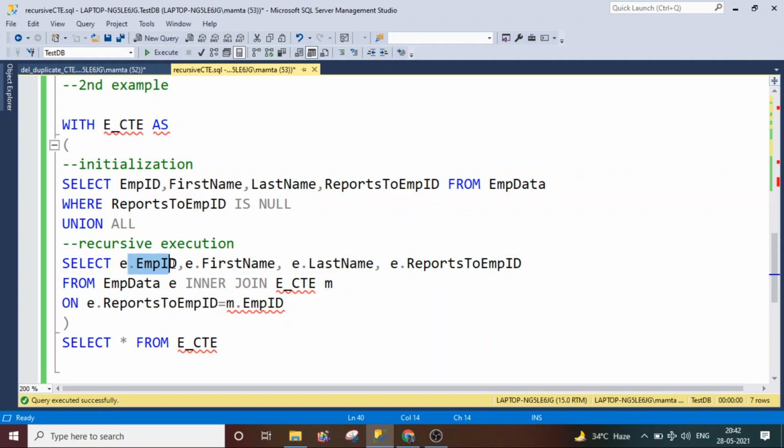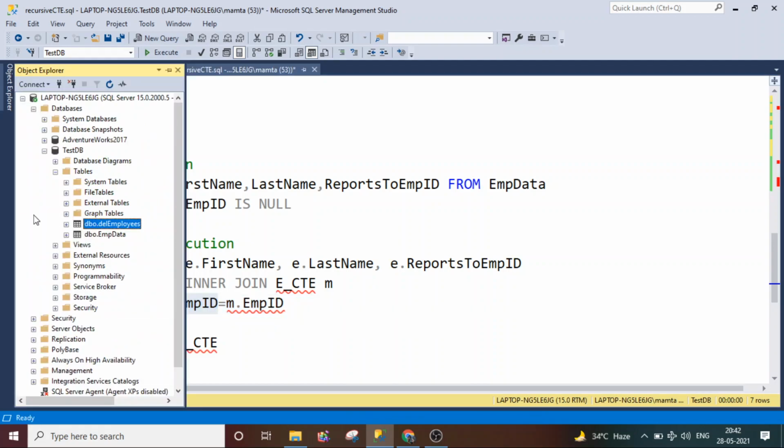We are displaying employee ID, first name, last name, reports to employee ID from employee data, alias e, inner join to the ECTE. ECTE is nothing but our CTE which we have declared, where reports to employee ID equals m dot employee ID. Why are we doing this condition? Because the employee the person reports to is itself an employee.